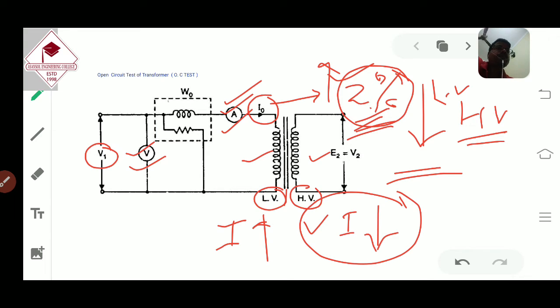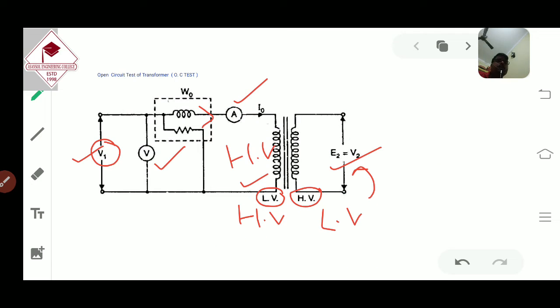Okay, so if I connect this high voltage winding to the primary side, we need a voltmeter which can measure the high voltage, right? It is difficult to find a voltmeter which can measure a very high voltage directly. But it is rather convenient to measure low voltage. So that is why we are connecting this low voltage to the primary side. There are two reasons mainly. One reason is that this V1 can measure low voltage easily with respect to high voltage.